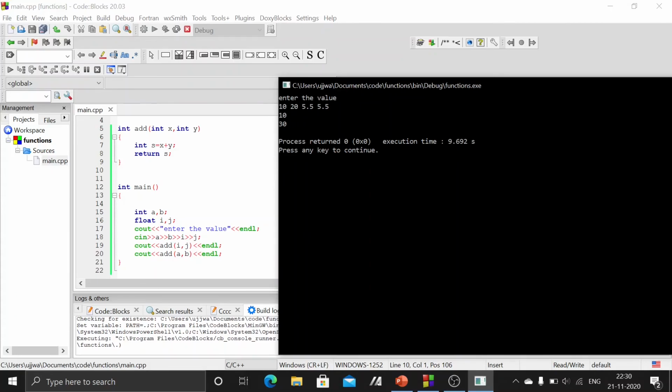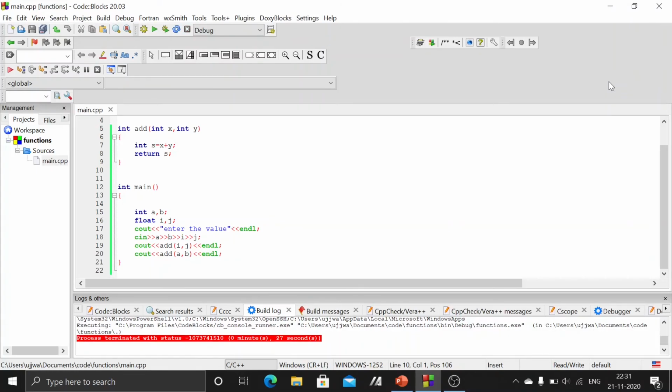As it is for integer values, the digits after the decimal point are neglected, and for integers it works fine. So functions are very useful in C++, as you can just call the simple function instead of writing all that long code.